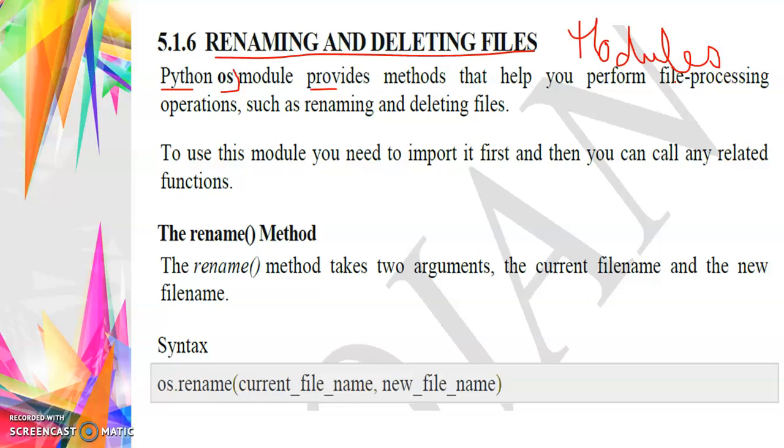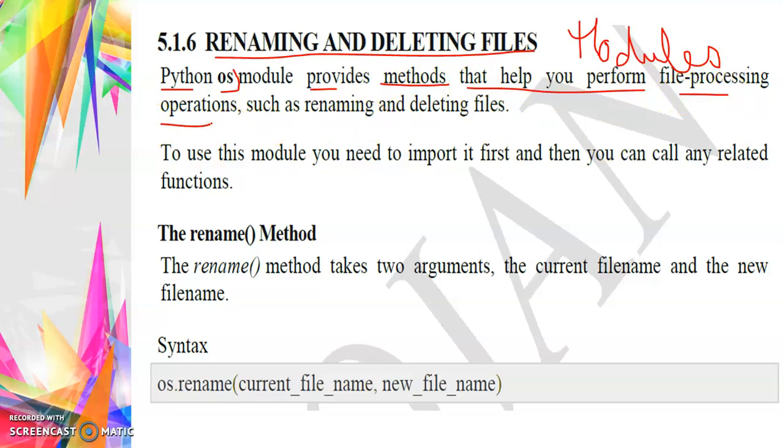OS is one of the modules in Python. There are so many modules present in Python, for example the math module, where mathematical functions, variables and objects are present. But the Python OS module provides methods that help you perform file processing operations.